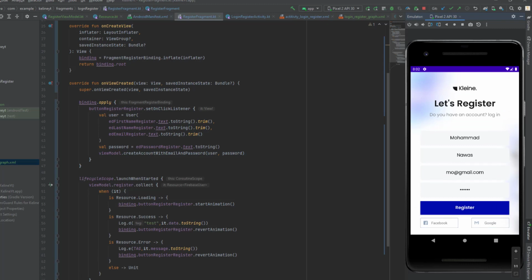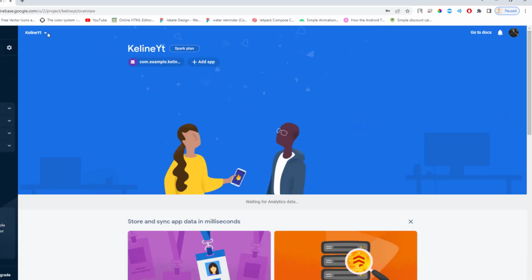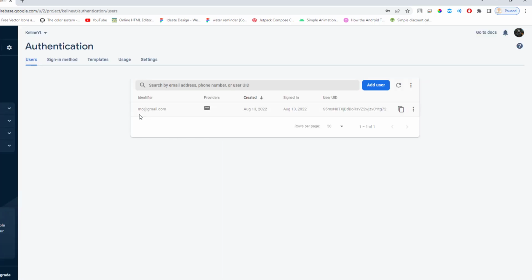Okay, now let's go to the logcat, and as you can see here, we have printed the test logcat. So that means that we have registered a new account. And if we go to our Firebase console and go to the authentication,